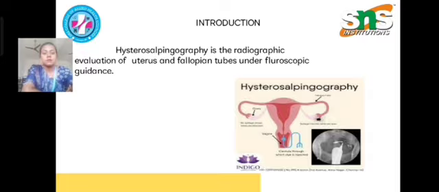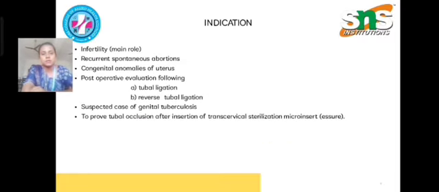Okay, so the indications for this procedure are as follows. The main thing is infertility. If the patient is having infertility or recurrent abortions, congenital anomalies of the uterus, or post-operative evaluations, for example tubal ligations or reverse tubal ligations. Next is a suspected case of genital tuberculosis, and another is to ensure, after insertion of any transcervical sterilization micro-insert, that any particles or compounds have